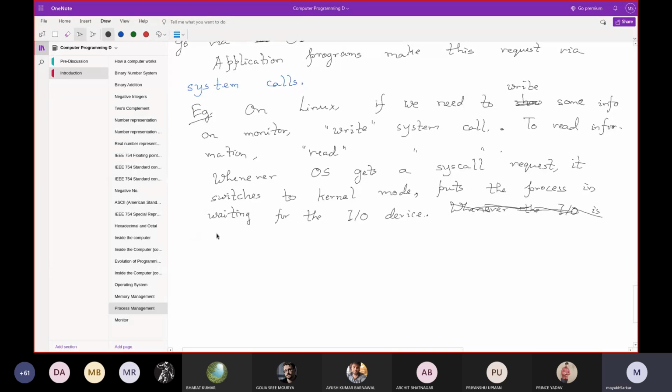And when the process is done with the IO device, it puts the process back in the ready queue.